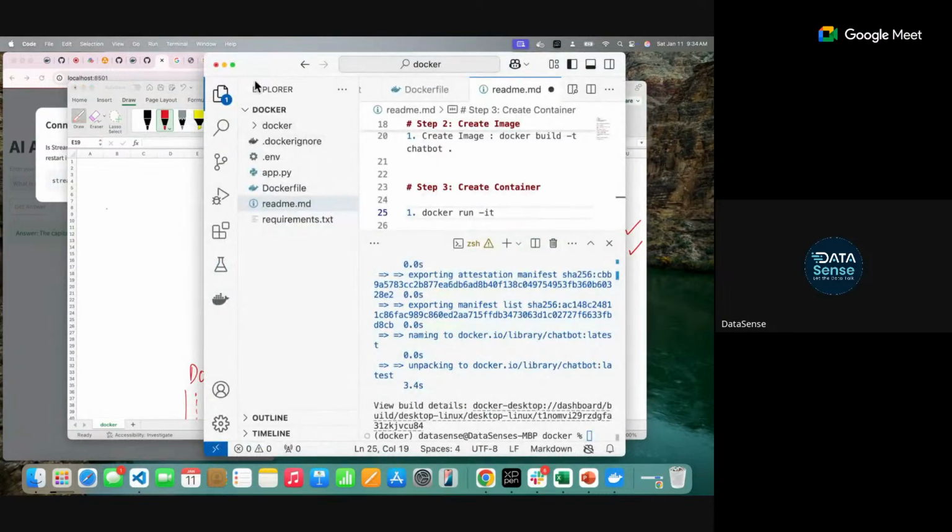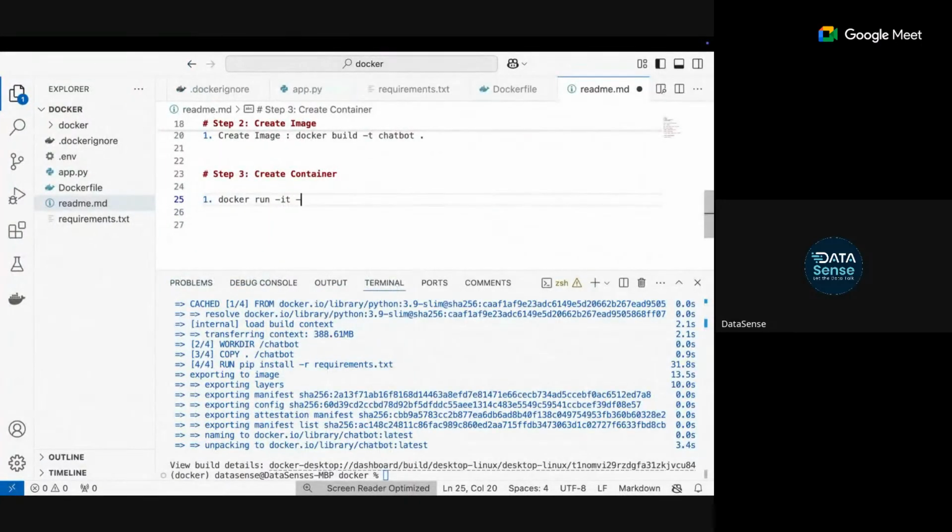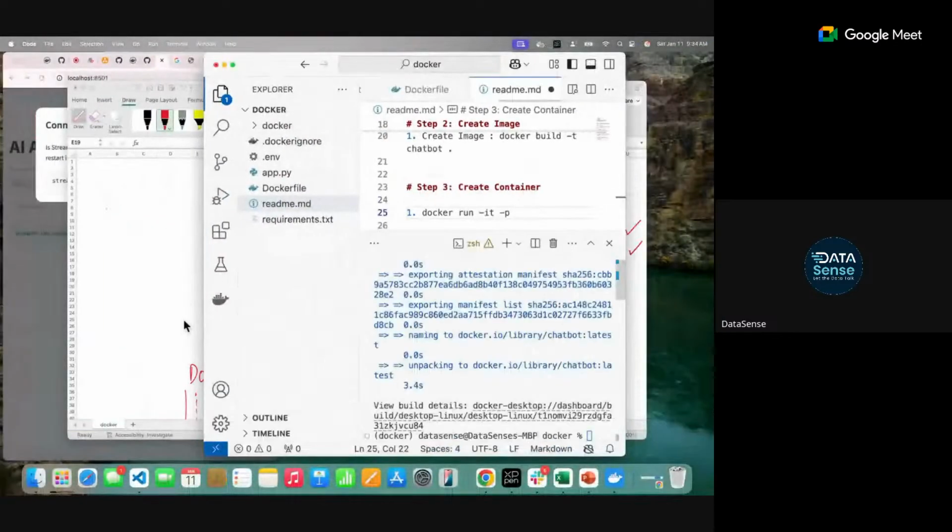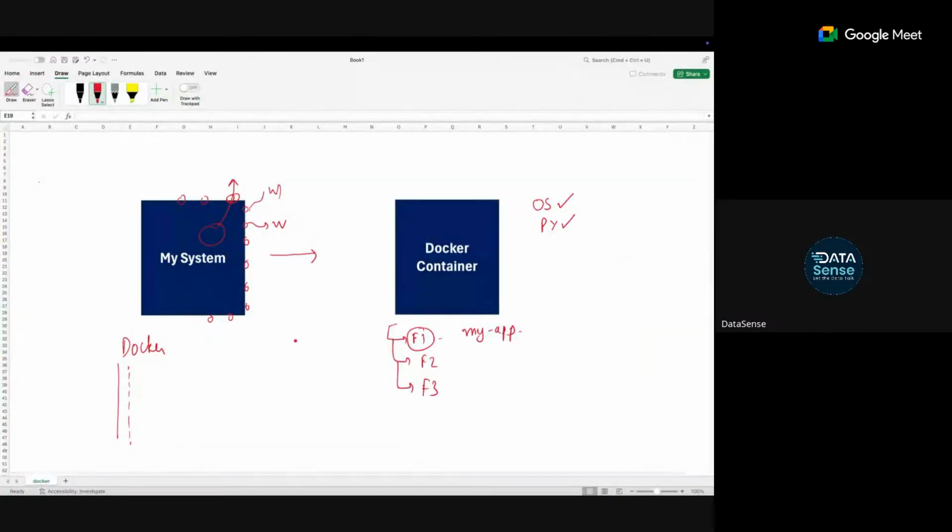So let's go here. How to specify a port number? After -it, you will mention -p. P means we're providing a port mapping. Now there are two ports. I will explain in detail in the next class. One port is of your Docker container and one port is of your system. Your Docker will also have some ports and your system also has some ports. Now, as a user, are you accessing the website from the system or from the container?